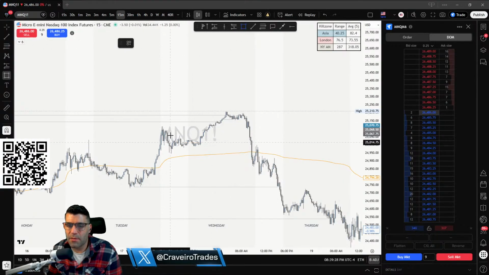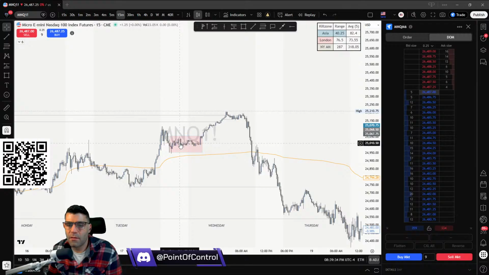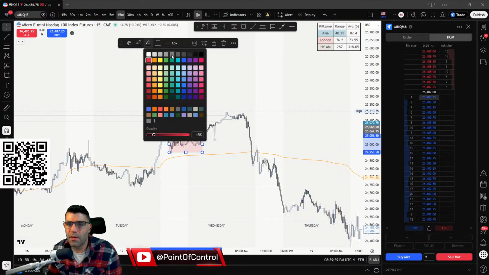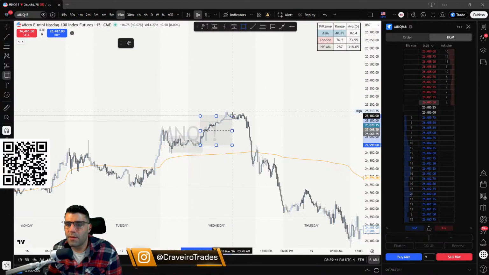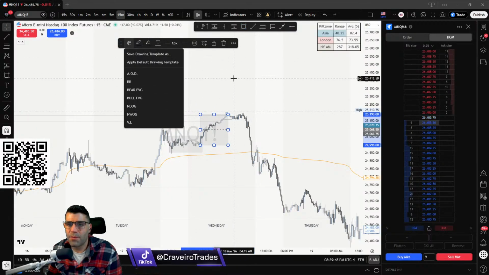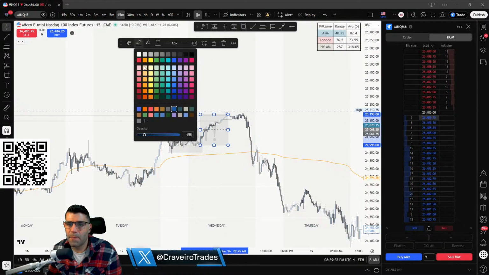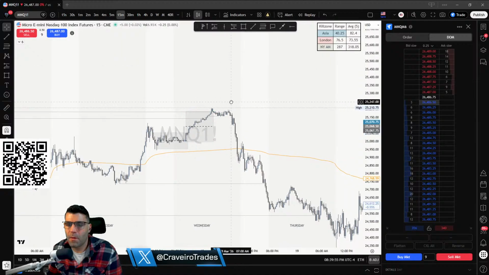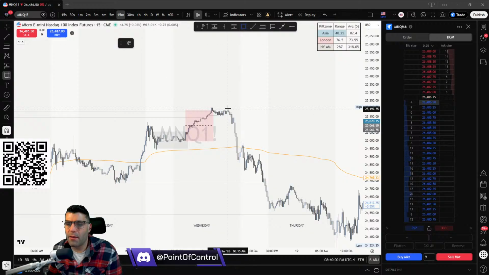This isn't textbook, but okay, we're range bound, accumulating positions, smart money. Now, here is the manipulation leg. That is the manipulation leg. And then from here,